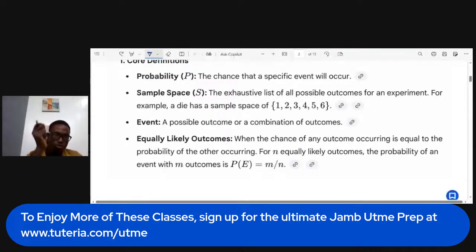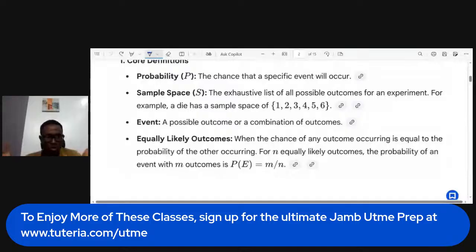A coin has two, so what's it called now? Two faces, right? Two sides. When you toss a coin up, you can either get head or tail. You can't get the two at the same time. So equally likely outcomes in this case means the probability of getting head is 1/2. Probability of getting tail is 1/2. So meaning they are equal, isn't it? So if I toss a coin once, the probability of getting either tail or head is equal because both of them will give me 1/2.